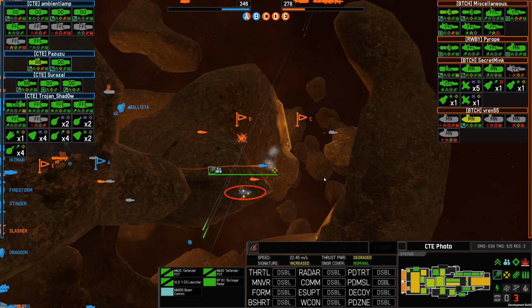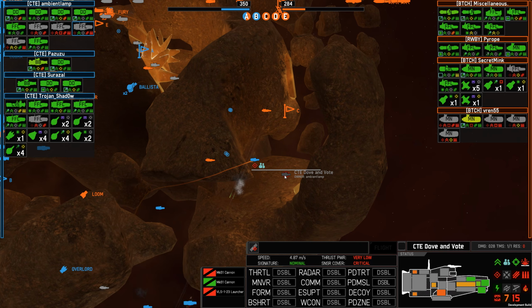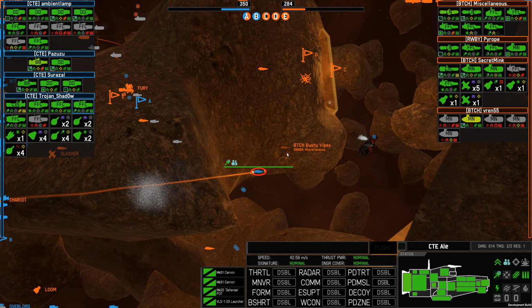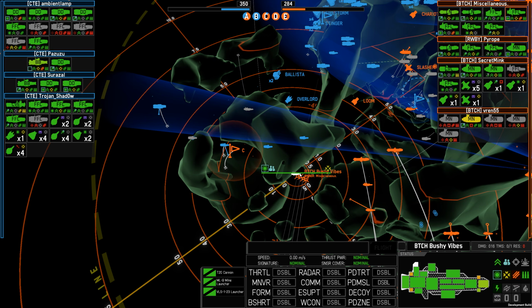Meanwhile, that's going to put OSP down 3K. ANS commits two cappers onto the C point. One of them gets annihilated by the mines, but the other one successfully steps onto the point. It is completely undetected in doing so, although...